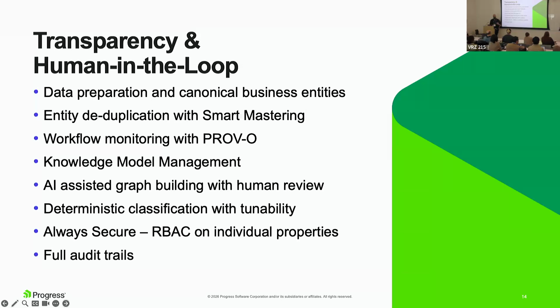So as we go through this process, and when you think about your own projects, here are some things that we think about that may help you as well. So in data preparation, bringing that content in and defining canonical business entities, right? What are the particular domains and encapsulations of the information that you want for your particular